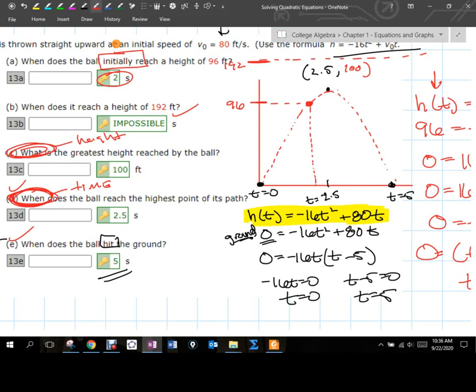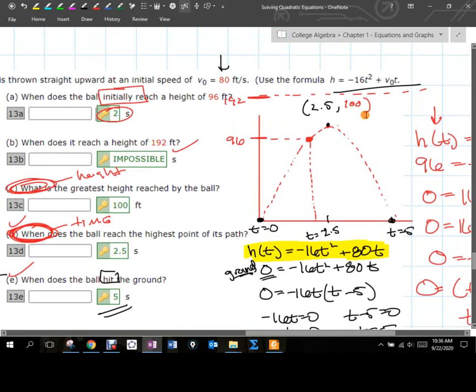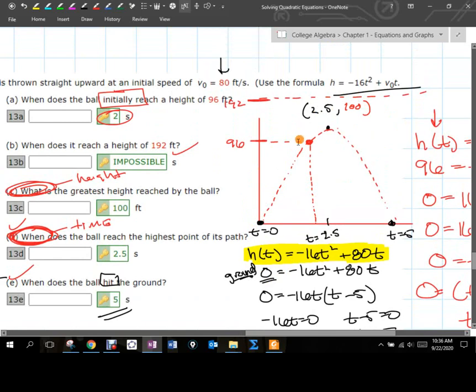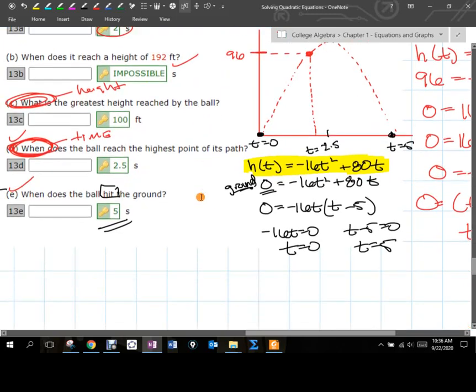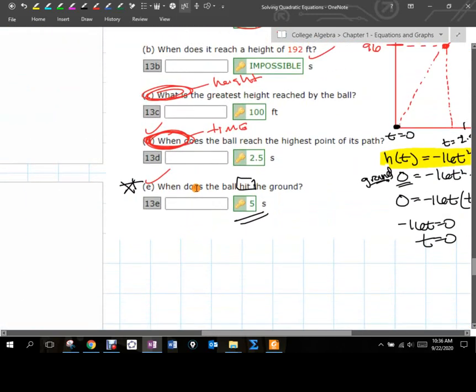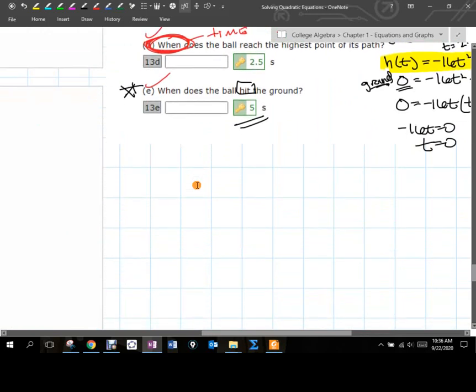Now, we already answered B as impossible, but some people maybe won't have the graph completed in this nature to make the argument. Well, if I went to 192, they're not going to intersect. Some people are more analytical in everything they do, so they're more like a calculator and say, I need to go through the steps algebraically and see what the algebra tells me. So if I go h of t is equal to negative 16t squared plus 80t, and I set that equal to 192,